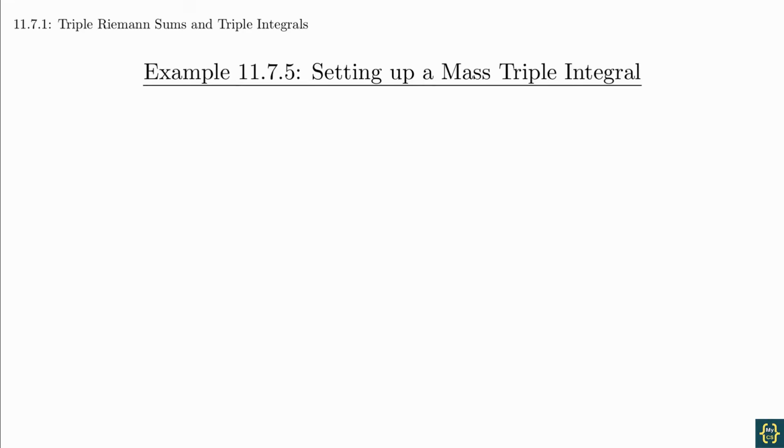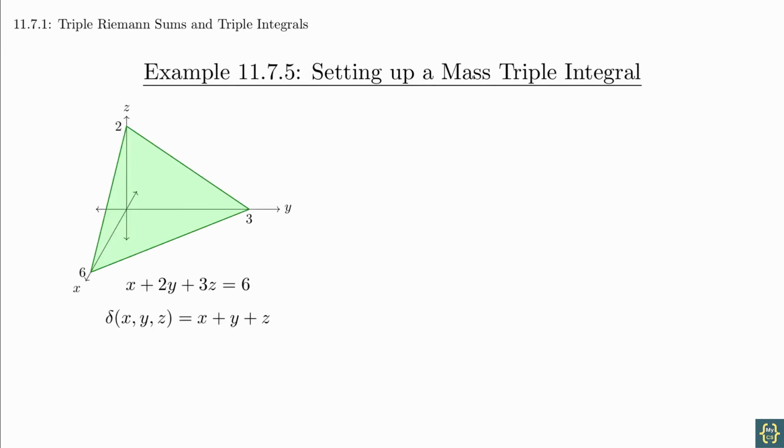Let's look at example 11.7.5. Here, we are asked to find the mass of the tetrahedral region of a particular density. You can get from the equation of the plane to the graph by sketching the x equals 0 and y equals 0 traces, as well as the z equals 0 level curve. We're not going to worry about the integration part itself, because it's just a bunch of calculations that are worked out in the book. We're going to focus on the ideas for setting up the